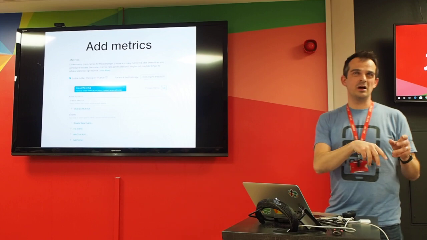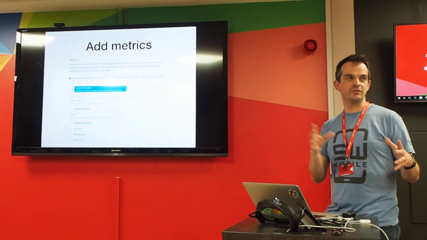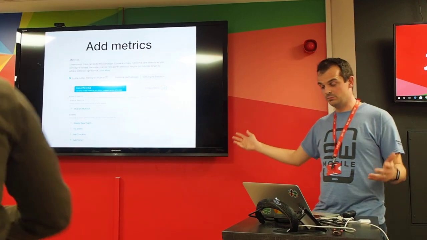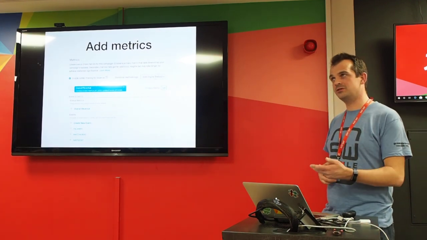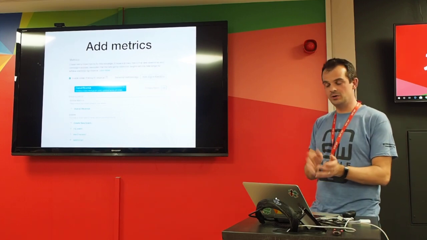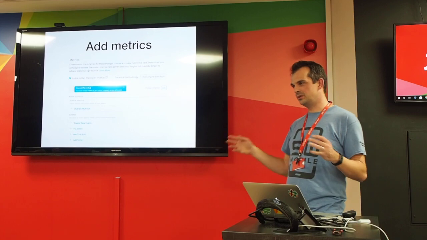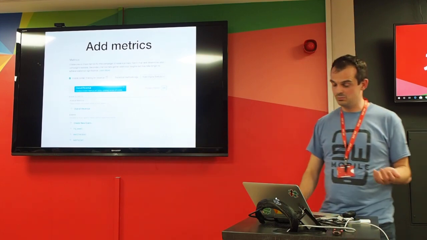You might want to measure, okay, do they add to cart, or do they spend less time having to search for something before they get to the point where they're going to check out. So think about whether the metric that you're trying to measure in an experiment is relevant and as close to that experiment as possible. The further you go down the funnel, the more other factors might come into what you're measuring.